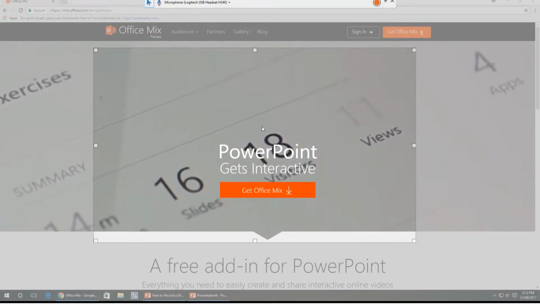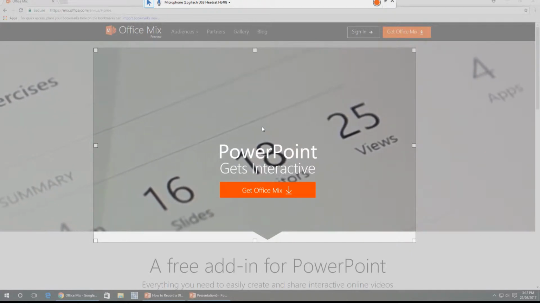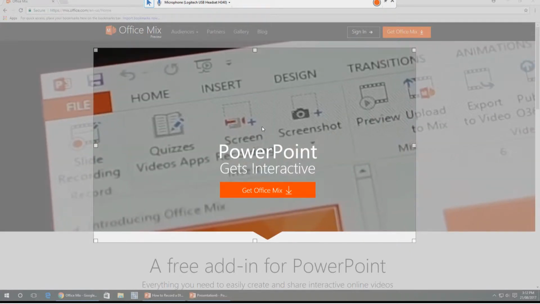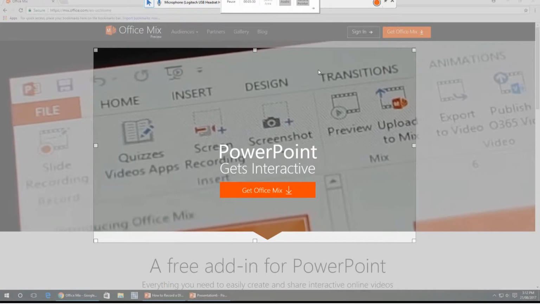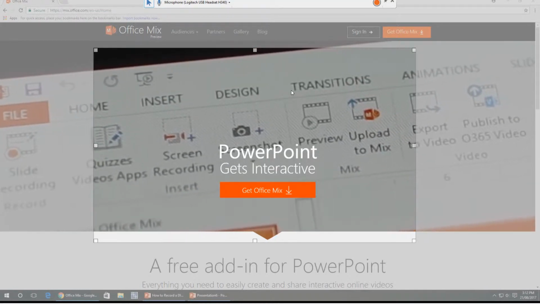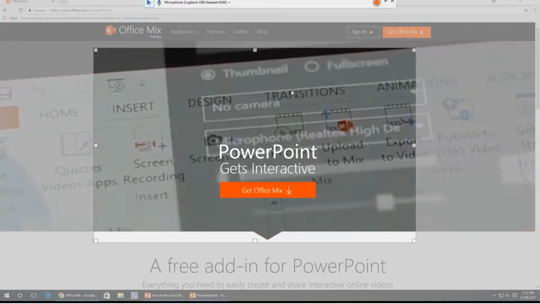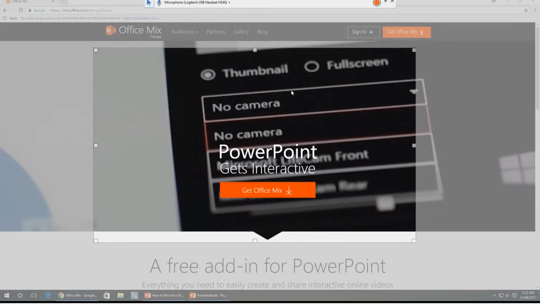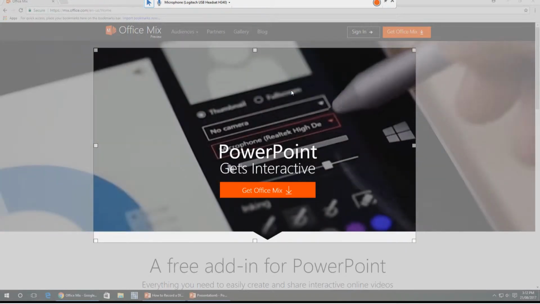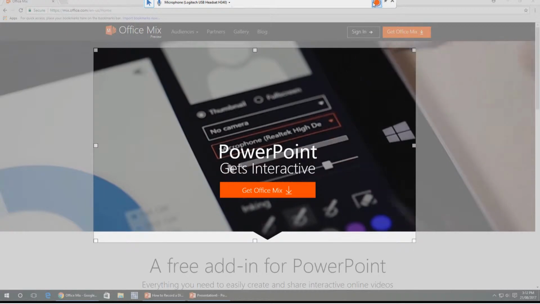The reason why mine's a little bit different now is that I'm doing a recording inside a recording, which is possible. So when you hit record, you'll be given a key command on how to stop the recording, which is Windows button, Shift and Q. So you hit record,